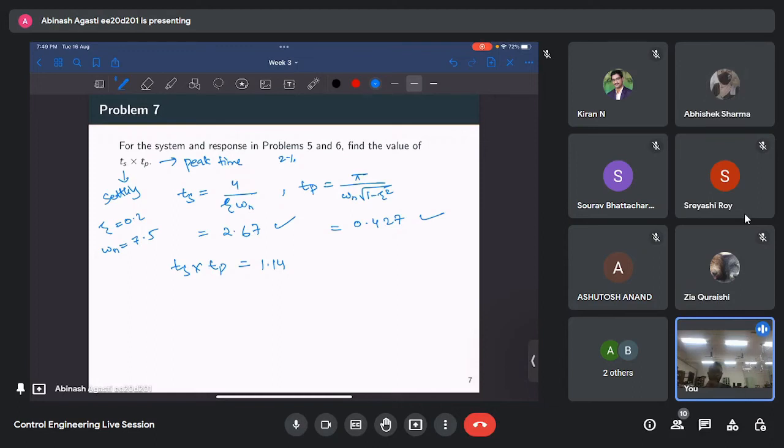I don't think there is any defined notion for time constant in a second order system. To define a second order system, we have derived all these things like peak time and settling time, then peak overshoot and things like that. But I don't think there is any time constant, because in a first order system we can say when the actual value has dipped to, say, e times or this kind of